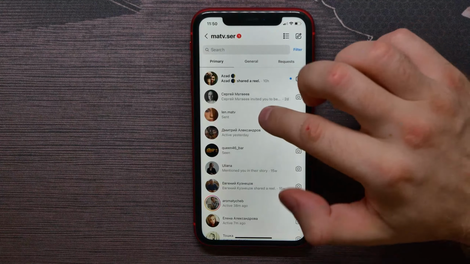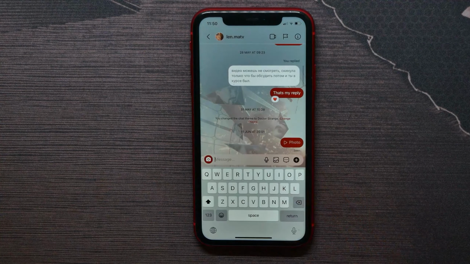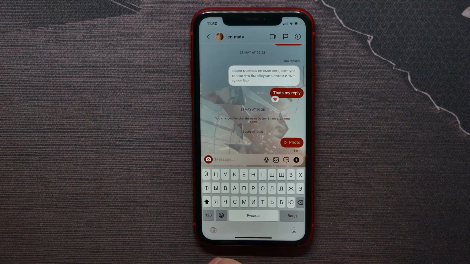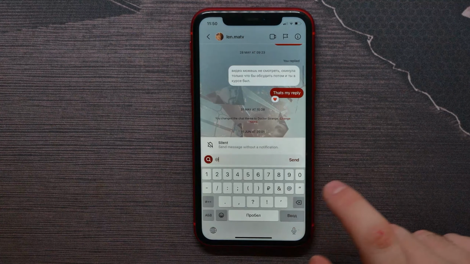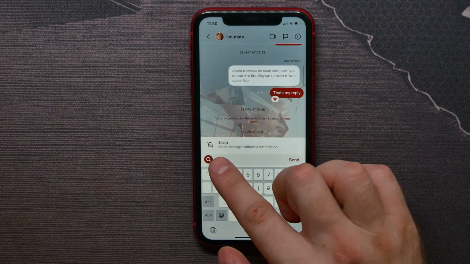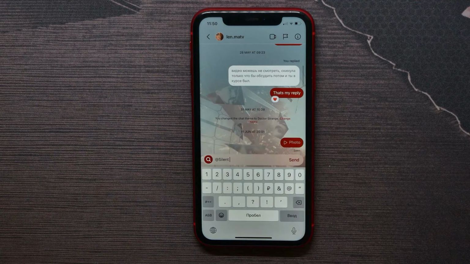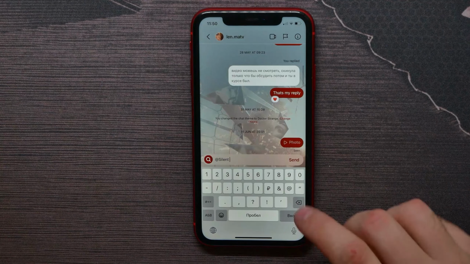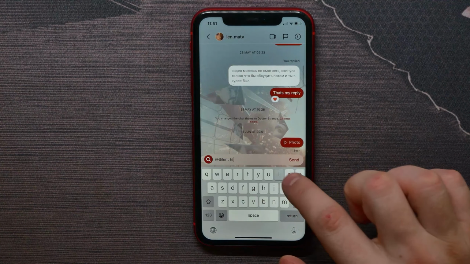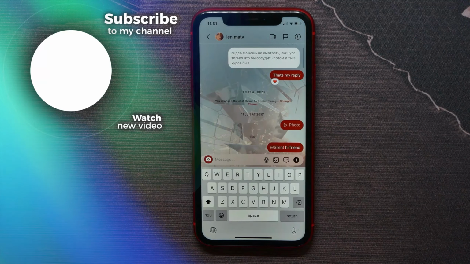For that you have to open up some conversation and there hit on message to start typing a message right there, and first type in @ and now it comes up here. It says that you can hit on that and send a silent message, and now I can continue typing my message, like I can write there, "Hi friend," and after that hit send. And that's how